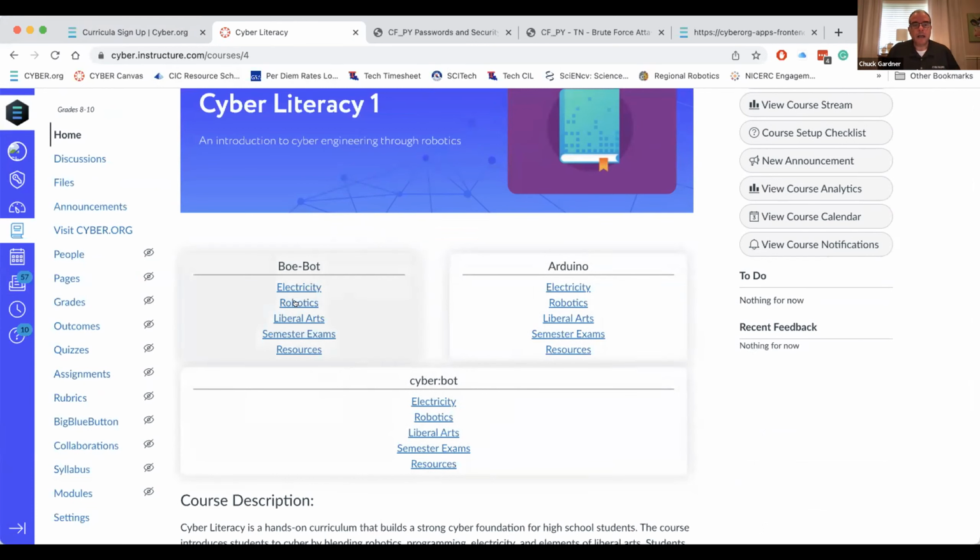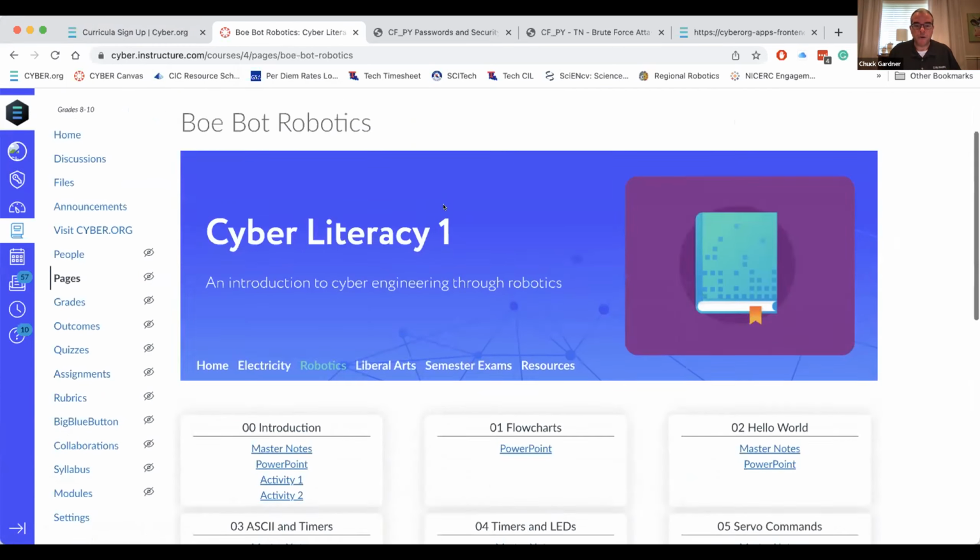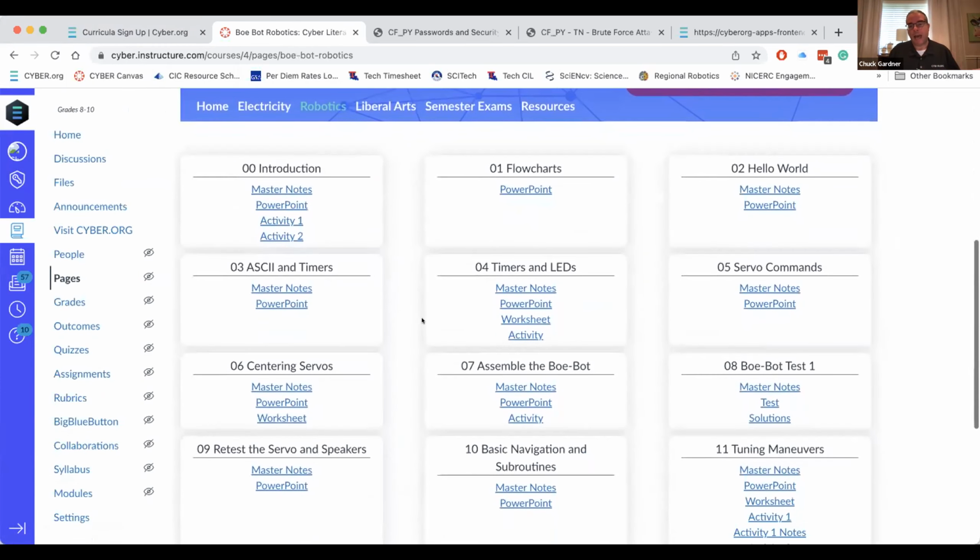In the robot section of the Bobot, this is the content that I wrote and taught when I was teaching high school down in New Orleans. We're doing everything out of the Bobot book. We've just got it broken down into a nice teacher format. So we've got PowerPoints, student worksheets, teacher master notes to lead you through those sessions, but this is definitely intended for a sage on the stage,